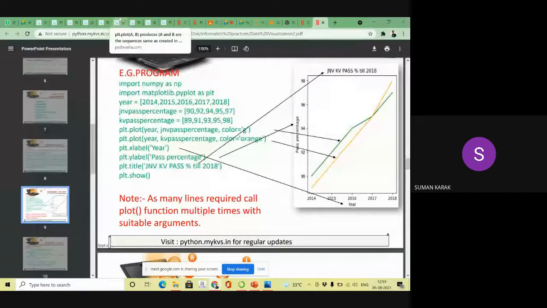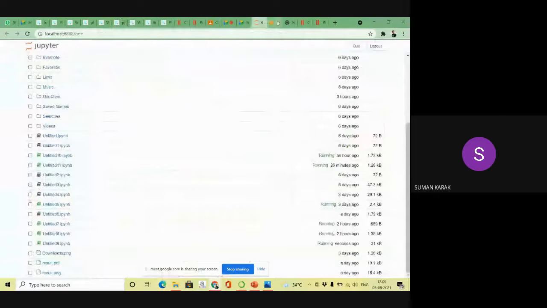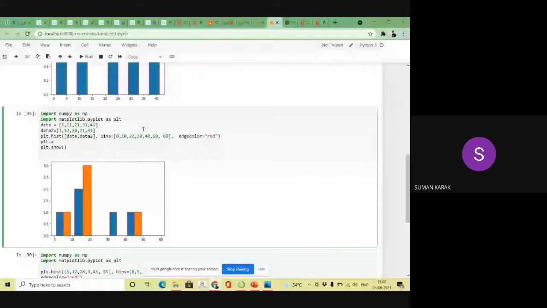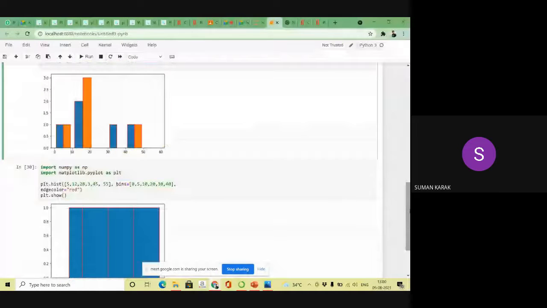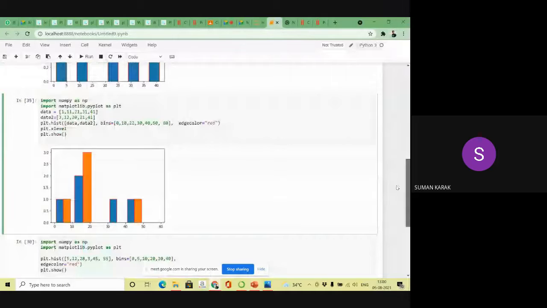Okay, so if you provide the name, then which function do you write? The plt.xlabel, and plt.ylabel. plt.xlabel equal to the label name. Suppose my x label name is this.